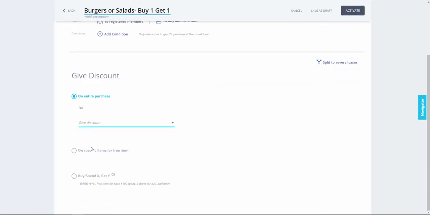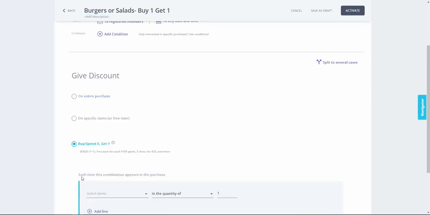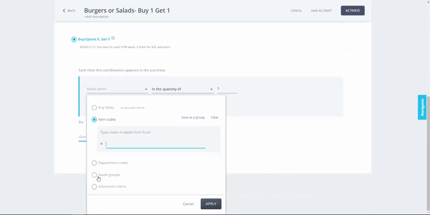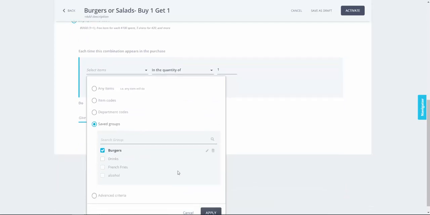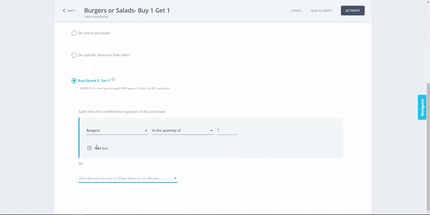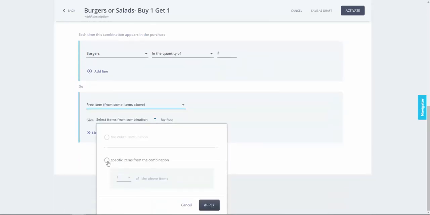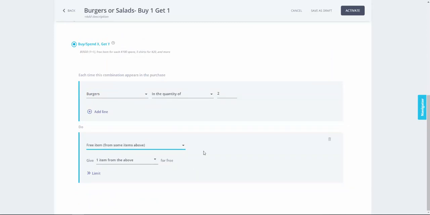And then we'll scroll down here. We'll choose buy or spend X get Y. And then we'll choose the burgers group. So when a member buys 2 burgers, give one of the items above for free. And now